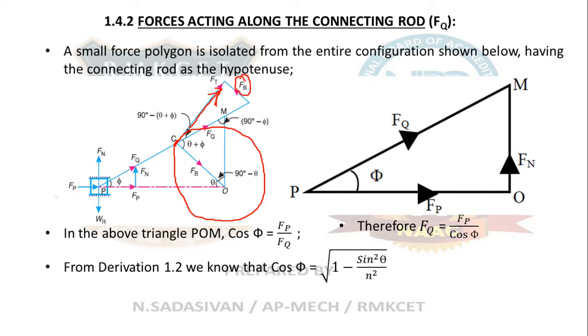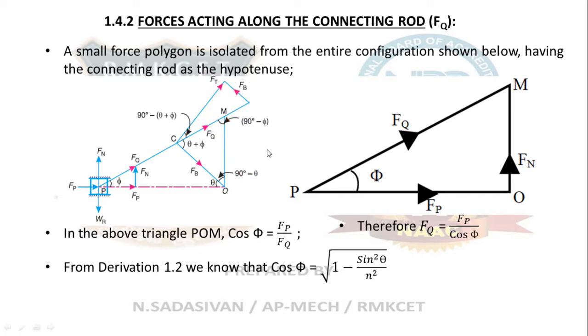These two are components of FQ. What they do, they just extend this line, the connecting rod is further extended beyond its end, and these two components are represented as forces. This force is going to jerk your crankshaft bearing and disturb your crankshaft. This force is going to provide the effective torque for propelling your crank along the circular path. Okay, just keep that in mind.